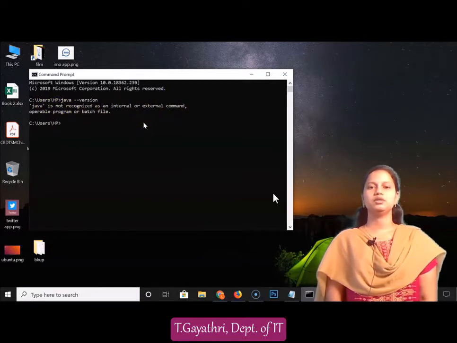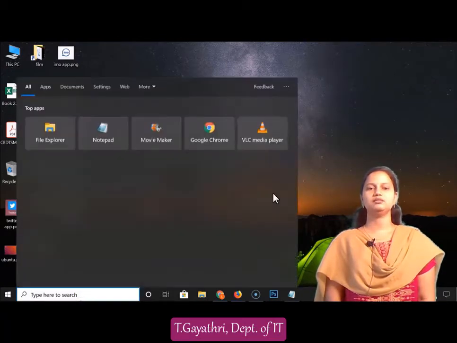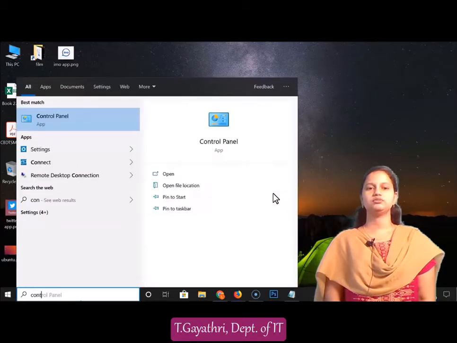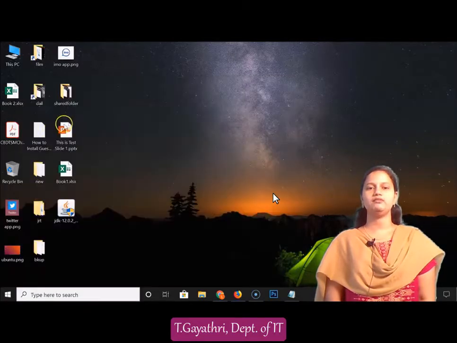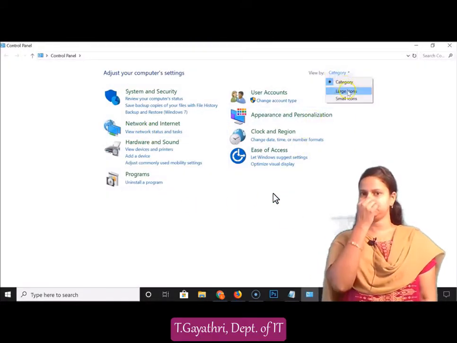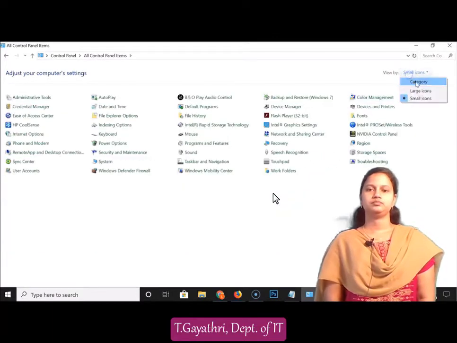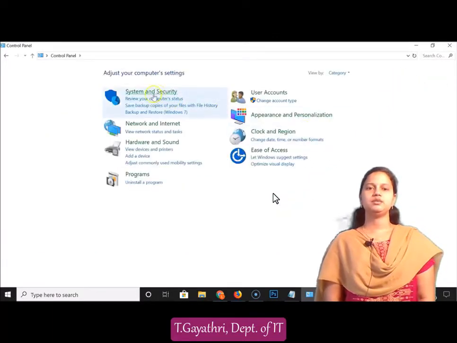To recover from this error we have to go to the control panel. Open the control panel. In the search box, type control panel. The control panel will be opened. In that, go to System and Security.